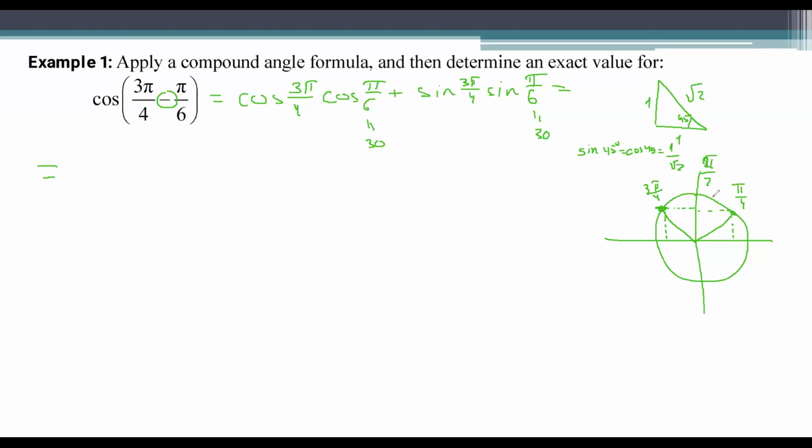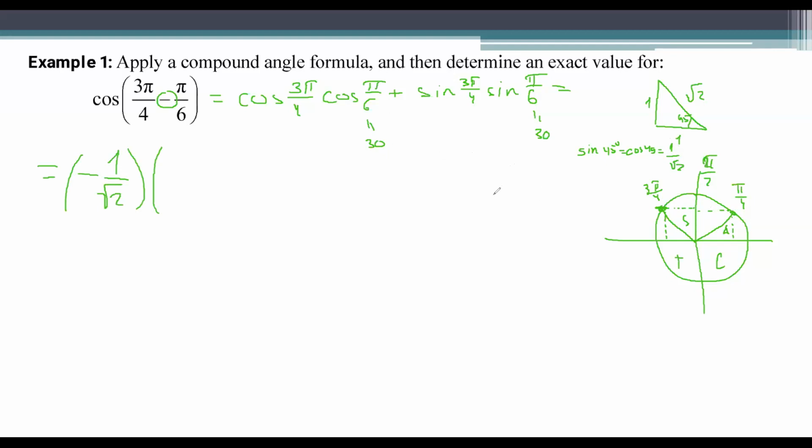But let's look into the quadrant. Where is it located? Cosine in the first quadrant is positive as well as sine, but in the second quadrant, according to the CAST rule, only sine is positive. So what am I going to get here for 3 pi over 4? Cosine is going to be negative, so minus 1 over square root of 2 times cosine pi over 6,